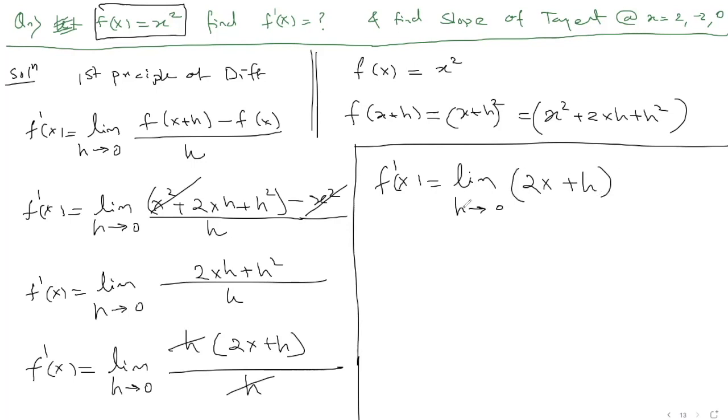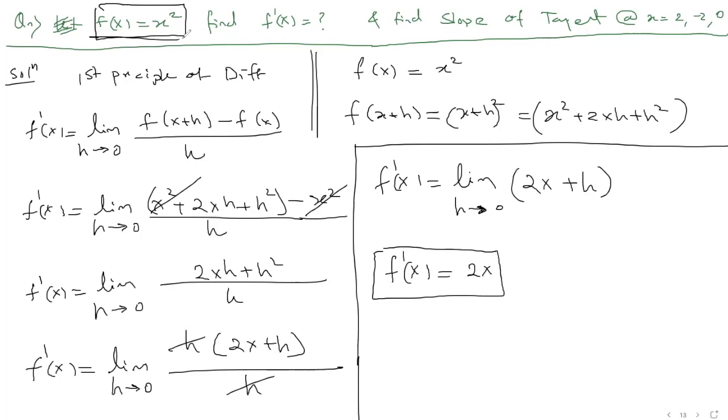And look, when we say h approaches 0, we know that h is almost 0. And when h is almost 0, it's like 0.00001. So this term is really small. It really doesn't count. So conveniently, I'm going to say, well, f prime of x is just 2x, and that small number, who cares? And that's how I got the derivative f prime of x as 2x.